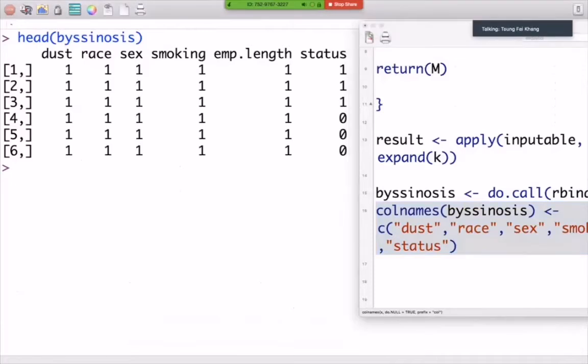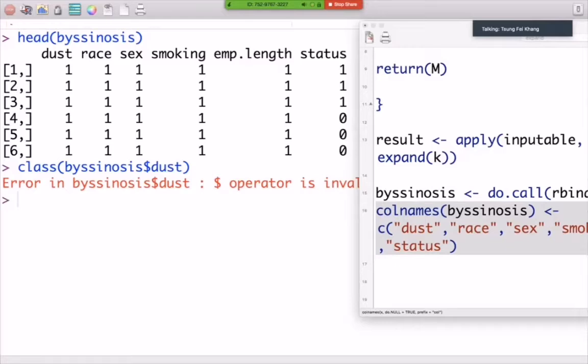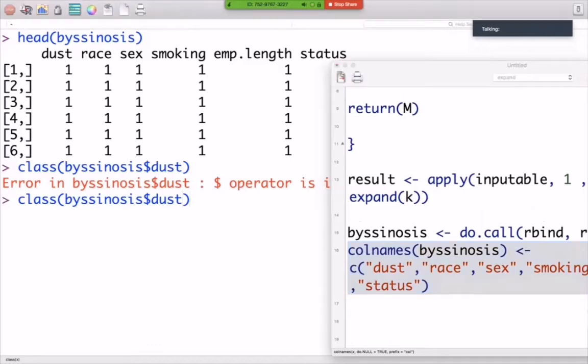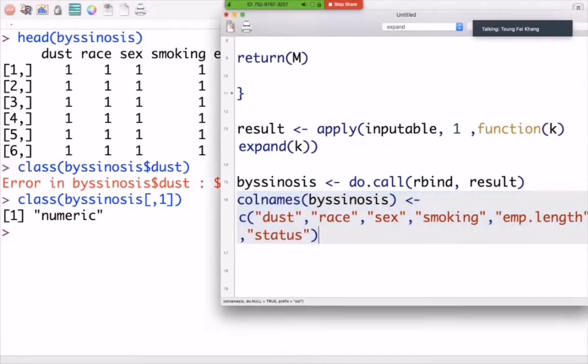So if you check them now, if you look at class byssinosis, class, sorry, it's not class, it's operator is invalid for atomic. This column is numeric, all right? You don't actually want that, okay? So